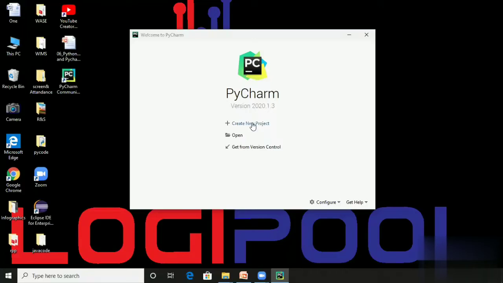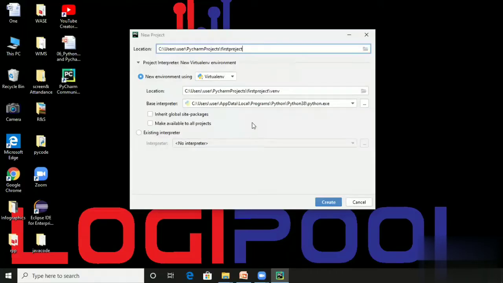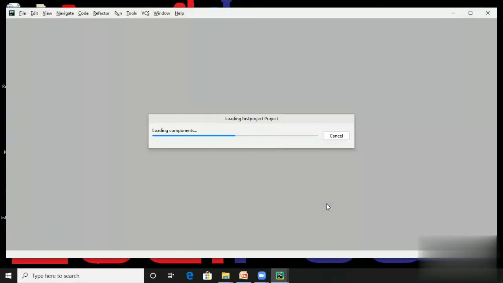So simply click on create new project and give your project name, that is first project, or you can give any name. Sometimes you have to wait for the base interpreter, which you already installed on your machine, to appear in that drop down. Once python.exe appears in this window, simply click on create.